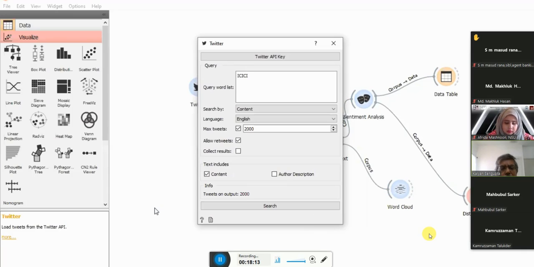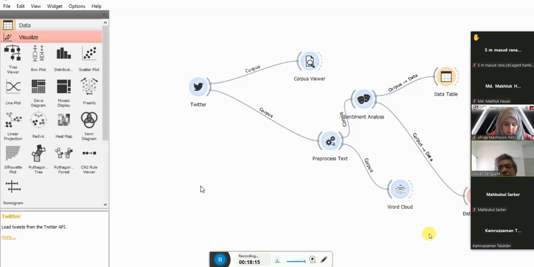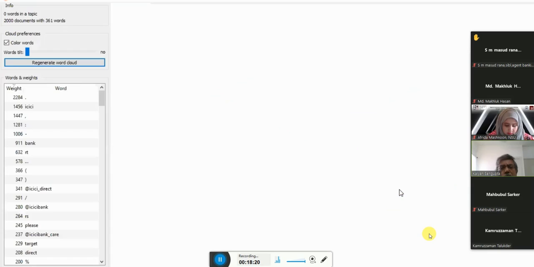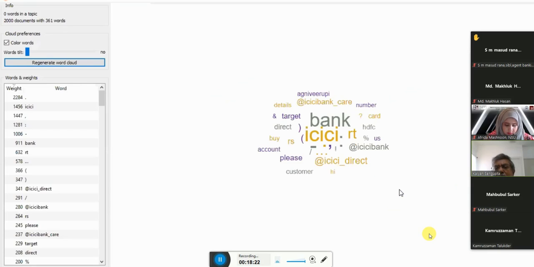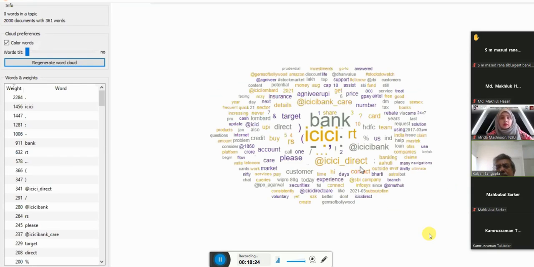Then what we can do is some kind of a quick word map, and you see in the ICICI data that people are talking about HDFC, which is another private bank. That means they are trying to compare with their competitors.